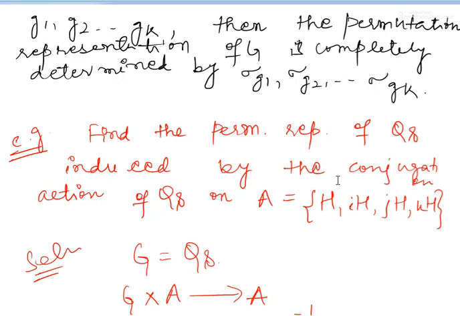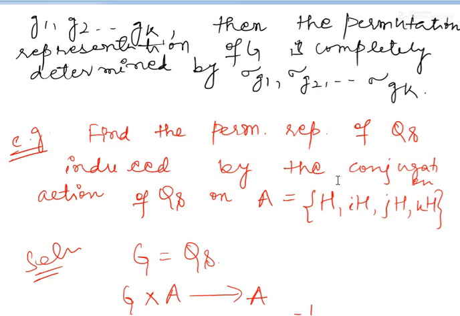In the last lecture, we did the permutation representation theorem and one example also, and we wrote a remark. Now we continue its study further, and let's have a look at another example. We will take the set A and group G the same as in the previous example. So it's necessary to watch previous lectures if you want to understand this lecture, otherwise you won't be able to understand this.